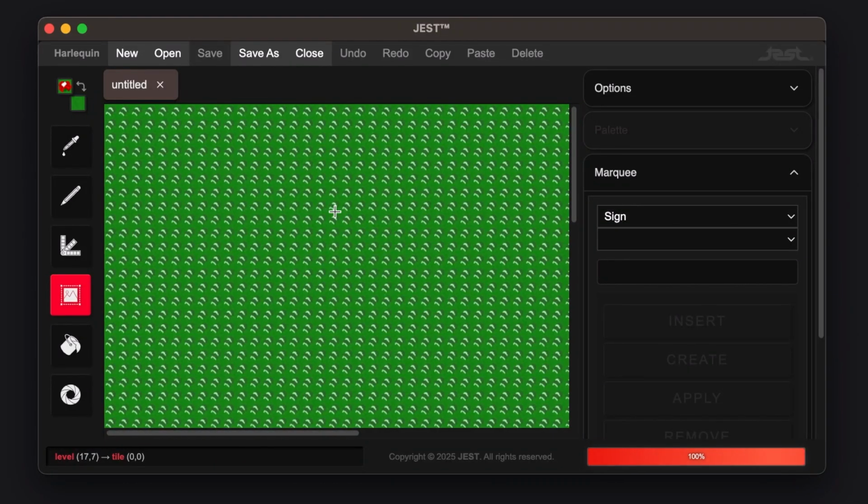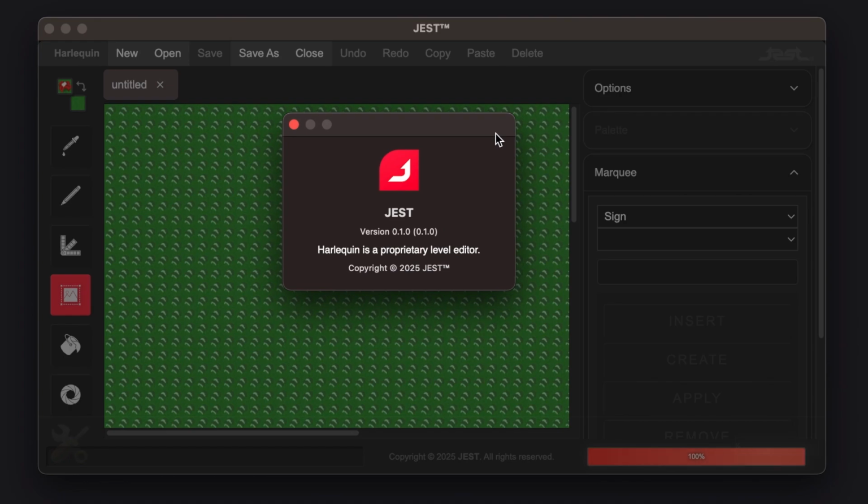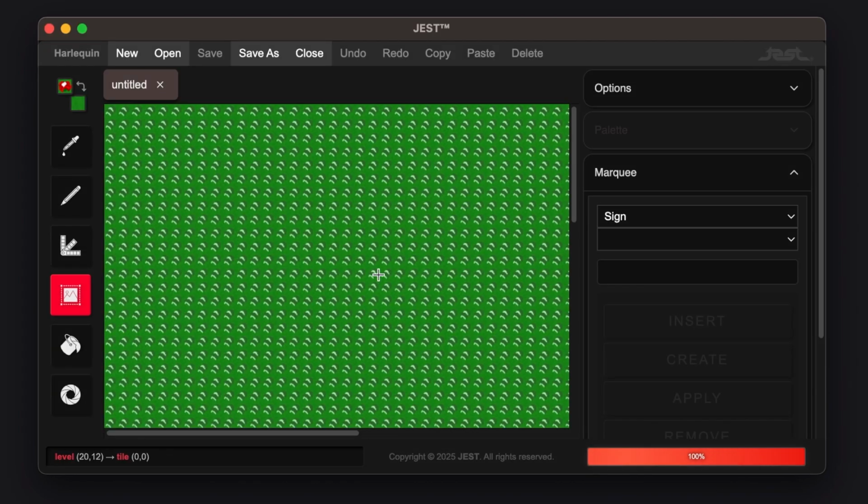You can see here, if I click the icon, it takes me right into this interface, which is the level editor. If I click the about, it'll open up this little pop-up. You can see the software for JEST is my software, my company, and then Harlequin is the name of the level editor. So what you can see in this application is a general familiar interface that you would find in